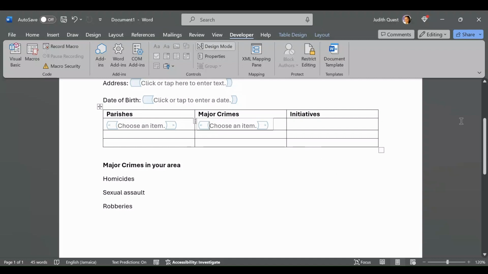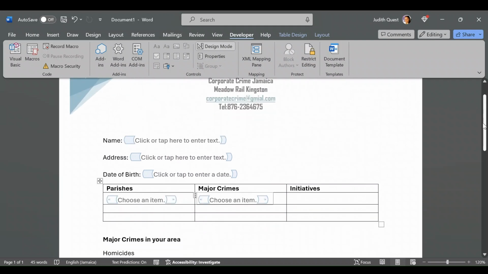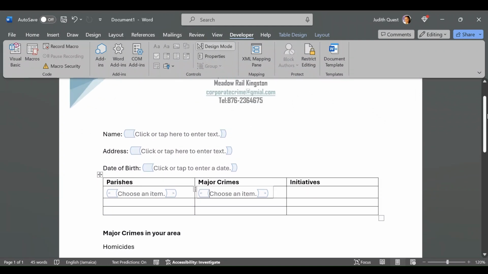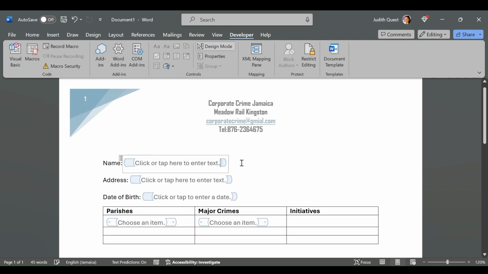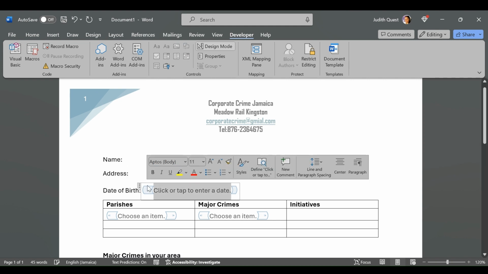All right, everyone. So today I'm going to be looking at how to create or design your own fillable form. We're going to do that in Word, of course. So this particular form is on my screen already in Word, and I'm just going to show you how you can go ahead and design your form and allow your users to be able